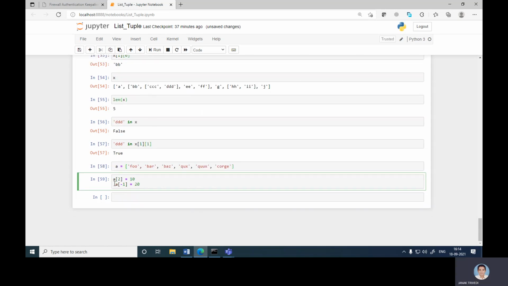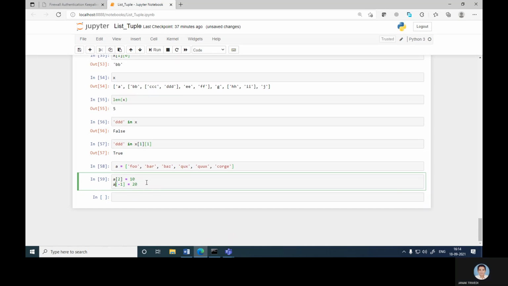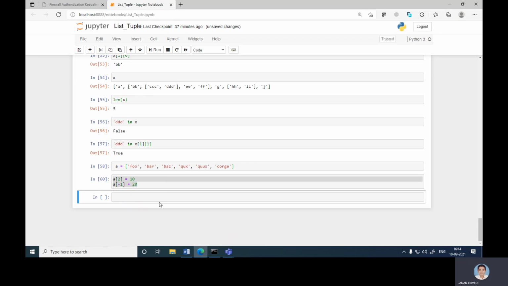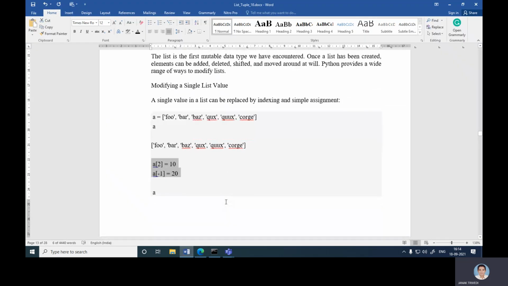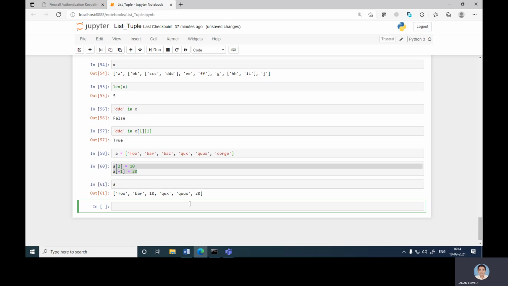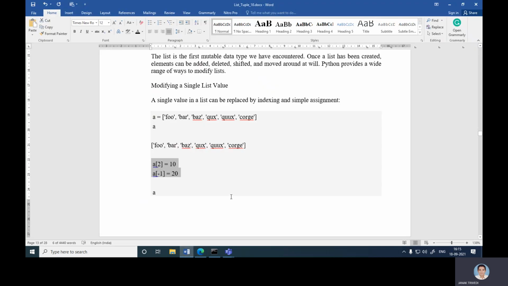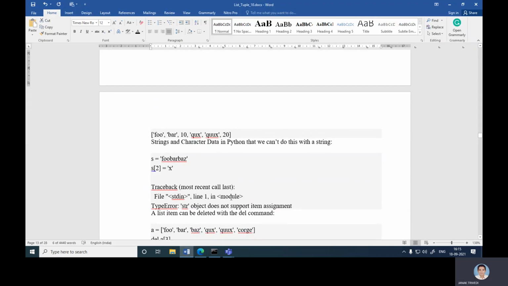Now see the change: a[2], which was 2, is changed to 10, and a[-1], this value, is 20.